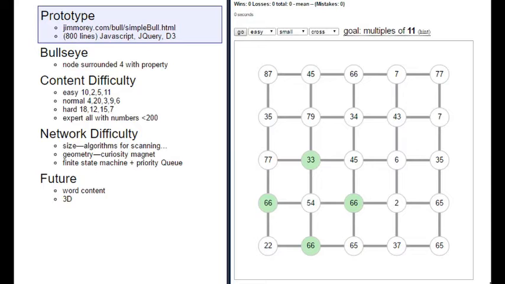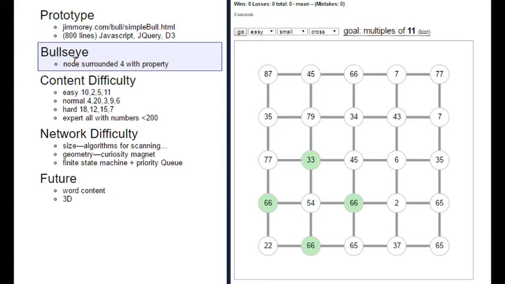Okay, so this is Bullseye's prototype, and it can be found at jimmorey.com/bull/simplebull.html. This is the prototype over here on the right, and essentially it is under 1,000 lines of code, JavaScript, jQuery, and D3 data-driven documents, and it implements a game that is based on this concept of the